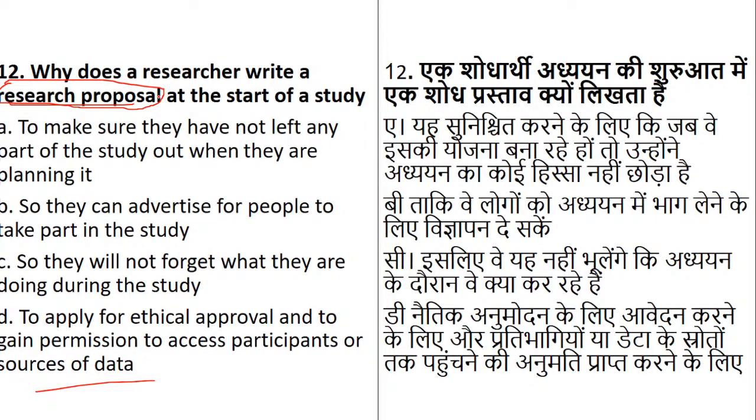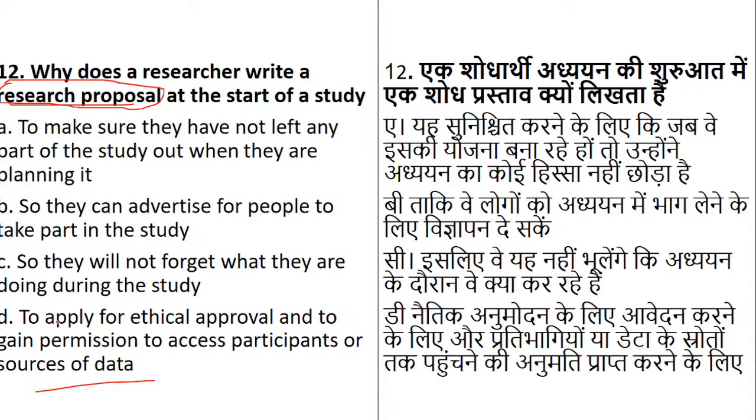Okay, very good. Jairam, read properly. We write the research proposal first of all ethically, so that the topic is approved and the research is approved. You can gain access to the participants, that is respondents, and you can collect the source of data, the primary source of data or secondary, depending upon what your research is.